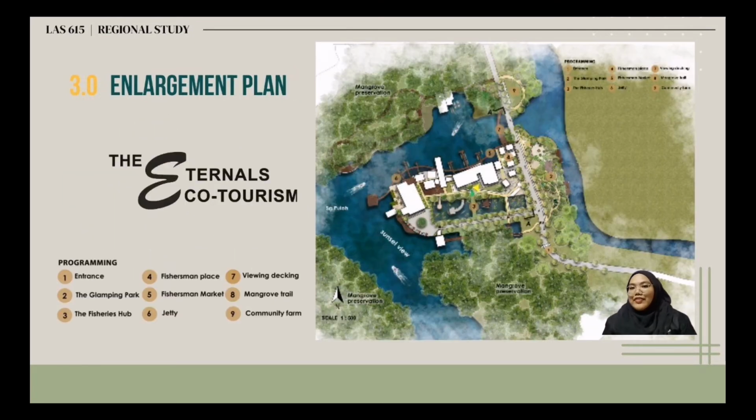So here is my final design in my site, which is focused on the jetty and the area near the jetty, related to the retreat and rehab. The programming in my plan is the entrance, the glamping park, the fishers hub, fisherman place, fisherman market, jetty viewing decking, mangrove trail, and community farm, that I believe will engage the place's liveliness with high social interaction between